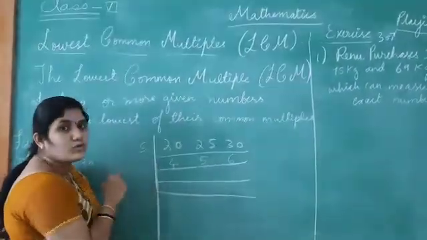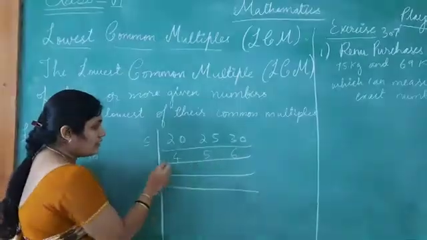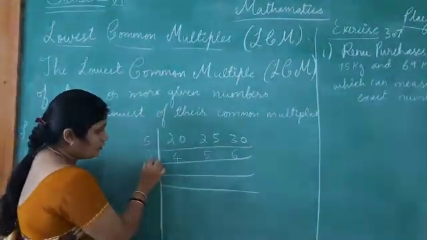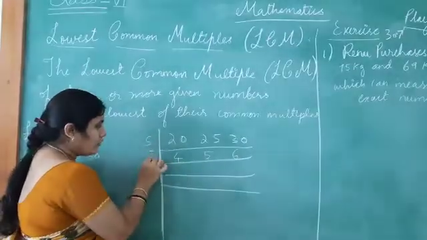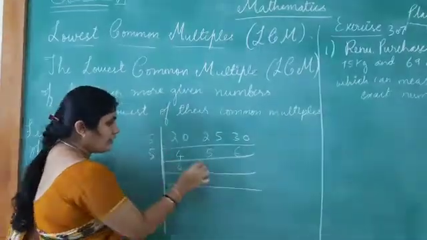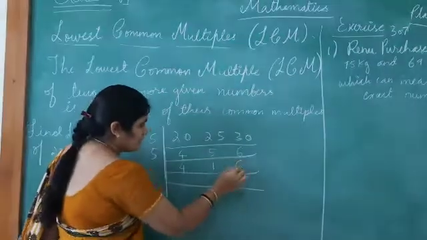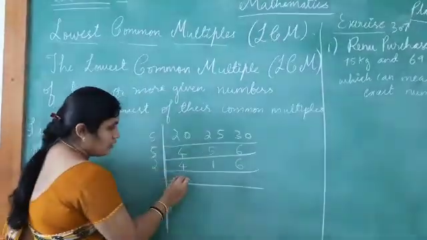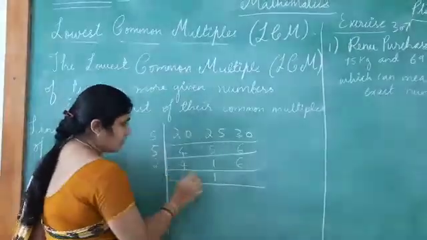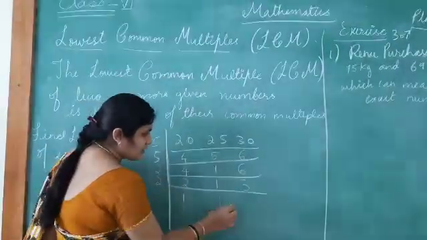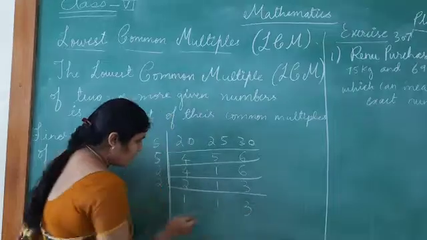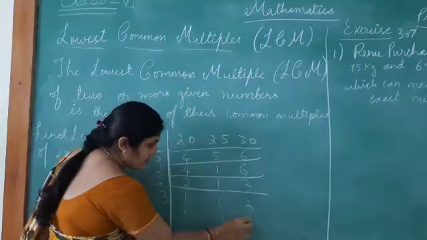And here you should always choose prime numbers. Now let me take 2, or else you can continue with 5. 4, you cannot divide 4 with 5, keep it as it is. 5 1s are 5, 6 as it is. Now choose 2: 2 2s are 4, this one as it is, 2 3s are 6. Once again 2, 1s are 1. Then 3s: 3 1s are 3, 1s are 1, 1s are 1.